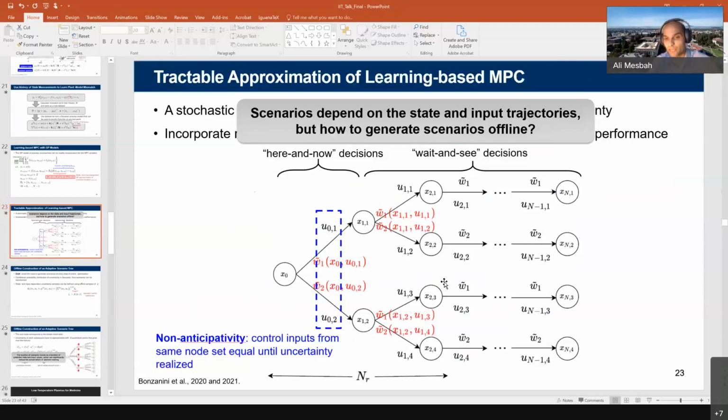But scenario tree uncertainty propagation has its own merits. First of all, for control, we can incorporate recourse feedback. And second, you can essentially deal with any type of probability distributions with any complexity, right? But there are other propagation approaches as well, such as linearization, unscented transform, polynomial chaos, and so on. But here we did scenario-based uncertainty propagation.